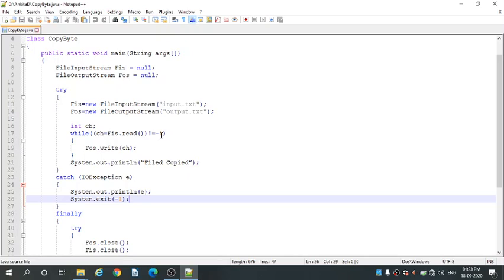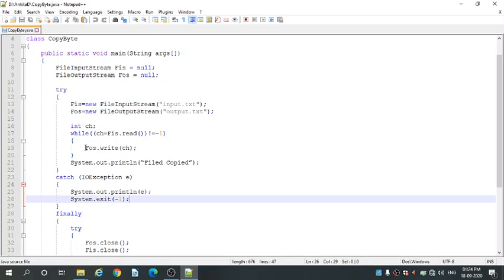Okay. And this result will be stored in the ch variable. The read method is associated with the object fis, and fis is linked with input.txt. So it is going to read the byte from the input.txt file and store it into the ch variable.